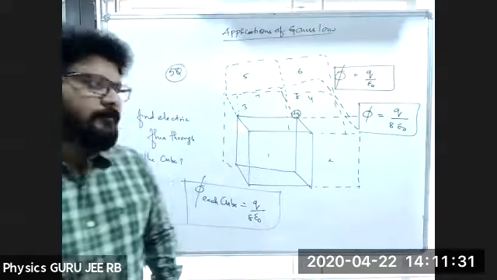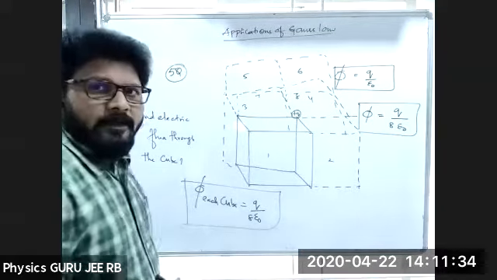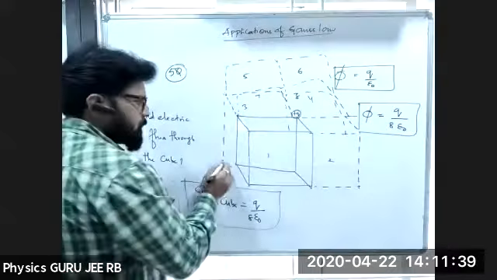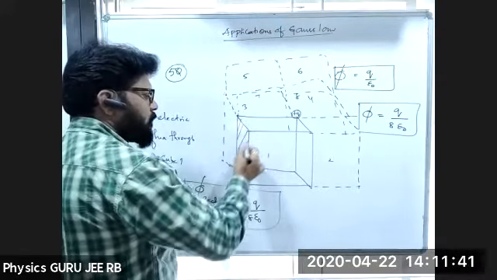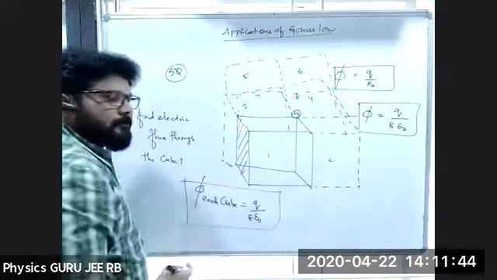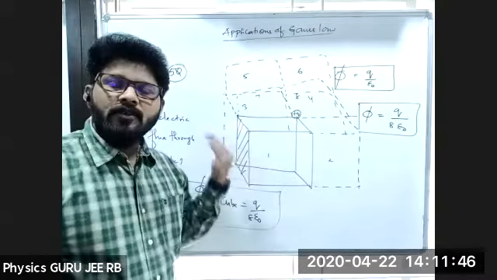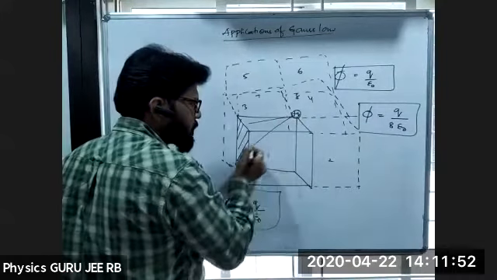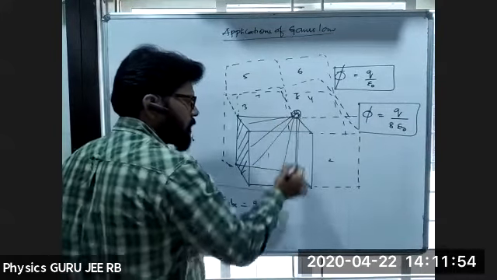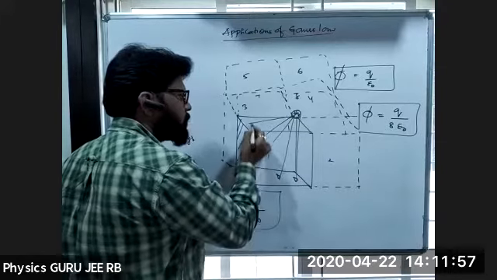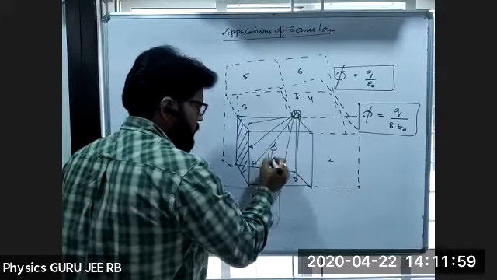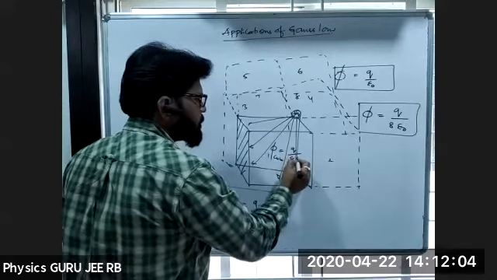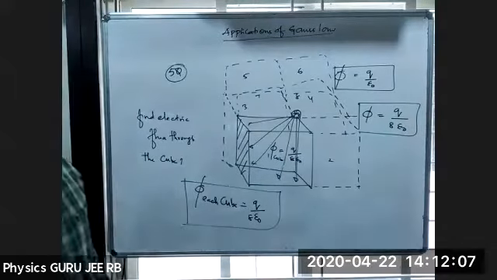Next, this is there in your material also. Find the flux through one of the sides. One more question here: what is the flux through one side? Whatever flux we are getting through this cube is nothing but phi through the cube equals Q by 8 epsilon naught. Till here, just take a snapshot, then we'll proceed.